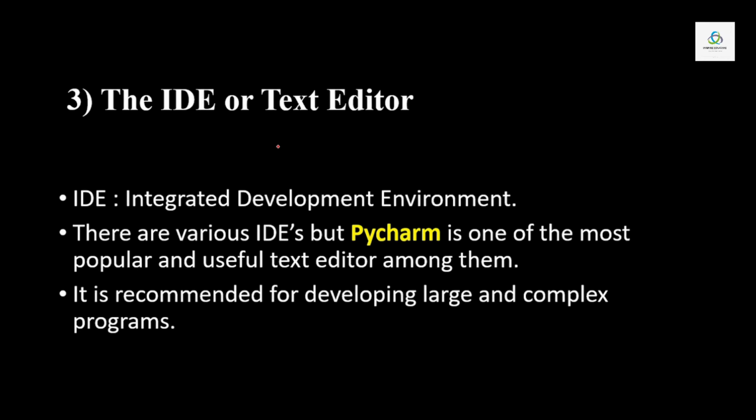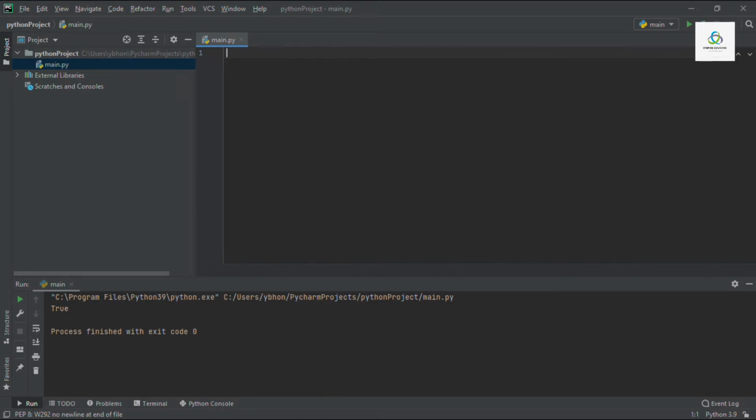Now we will see one example in PyCharm of how to create a Python program. Now over here I have opened PyCharm. Now I will write the same statement that I have written in the other two methods, that is print hello world, and we will see whether the output is the same or not. After writing the statement, you just have to click on this green arrow, and see over here you will get the output hello world. In this way an IDE or a text editor works.